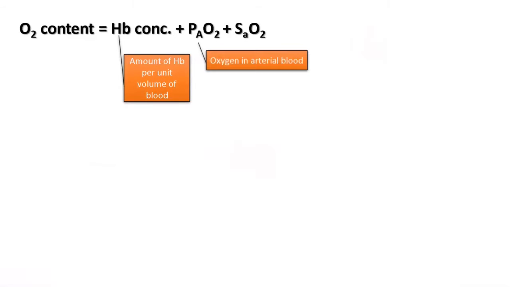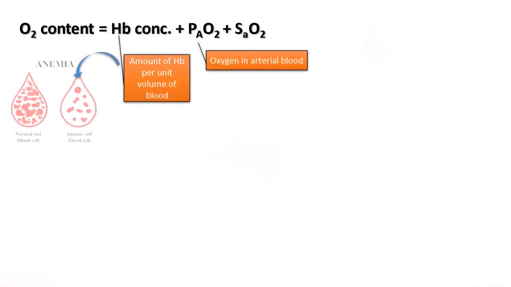So how do we measure the total amount of oxygen carried in the blood, or simply the oxygen content of the blood? Oxygen content includes hemoglobin concentration, which is free, along with free oxygen in the blood and oxygen that is saturated on hemoglobin. Now you may be wondering why free hemoglobin is also included in this calculation. For that, you need to know anemia, a condition where there is overall decreased RBC mass.